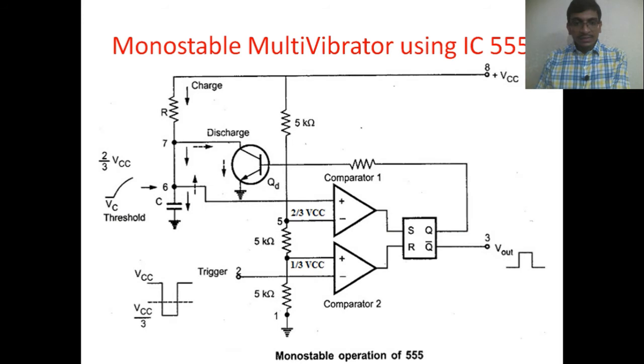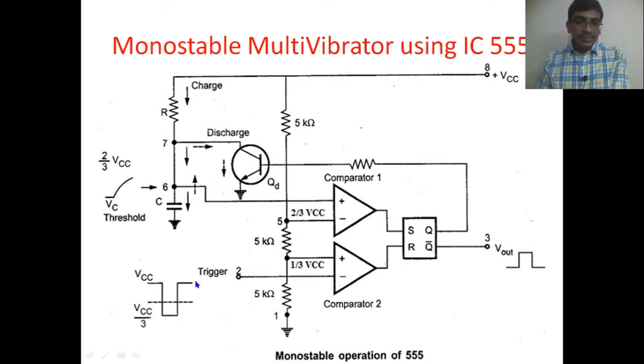Now we will see the same circuit in the block diagram of the 555 IC. As we have already seen, the 8th pin is the VCC. From the VCC to the shorted 6th and 7th pins, we have the resistor R like this, and from the 6th and 7th pin combination, we have a capacitor C. This capacitor is connected between the 6th and 7th pins and the ground terminal. The 7th pin is nothing but the discharge pin, and the 6th pin is the threshold voltage which is given to the upper comparator non-inverting terminal.